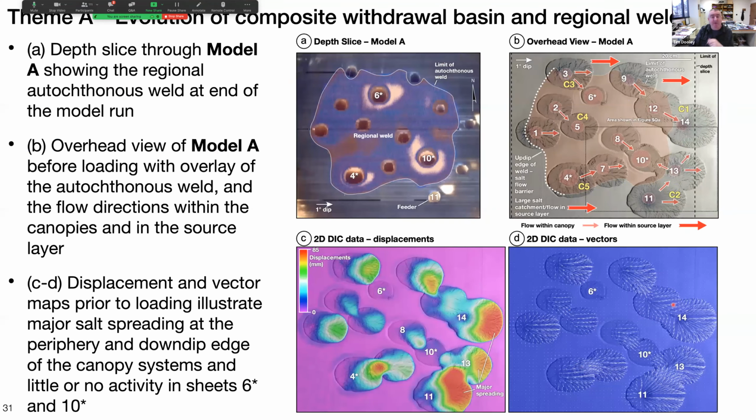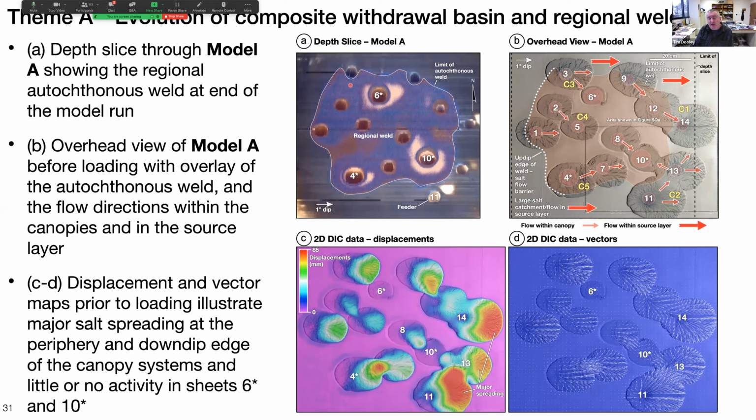And when we have a look at the end of the run, here is a deep section through model A, and we can see that we actually have a regional